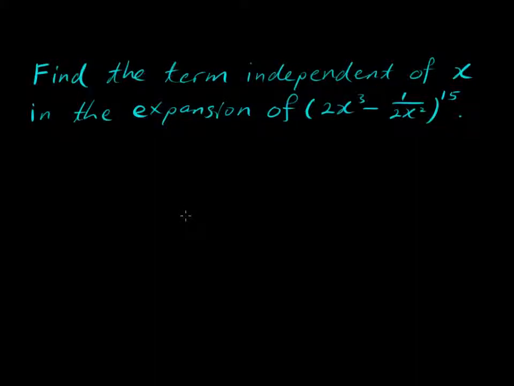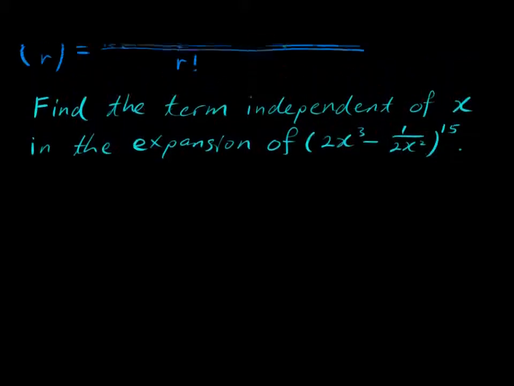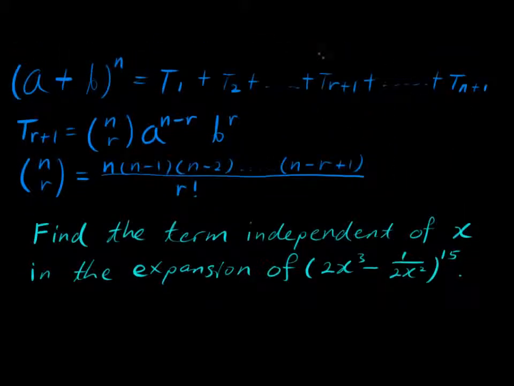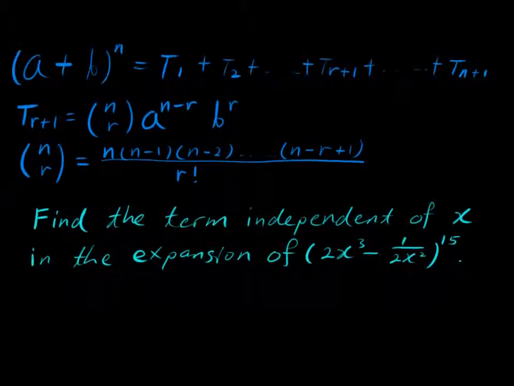This is one of the typical questions in binomial expansion, which wants us to find the term independent of x in the expansion of (2x³ − 1/(2x²)) to a power of 15. To solve these questions, we can look at this set of equations here to find out the appropriate one to use. Since we are interested in the term which doesn't have the dependence of x, let's look at